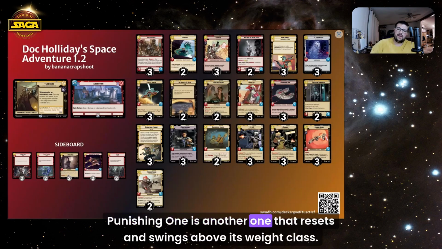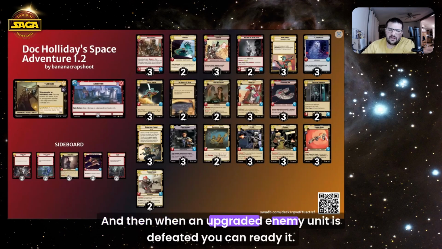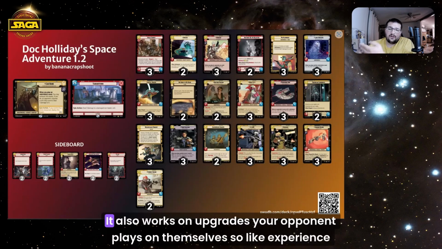Punishing One is another one that resets and swings above its weight class. It has good stats as a 3/4 for 3. And then when an upgraded enemy unit is defeated, you can ready it. So that works off of guild targets. That does work off of Frozen in Carbonite if you would defeat the unit you put on ice. It also works on upgrades your opponent plays on themselves. So like experience tokens,